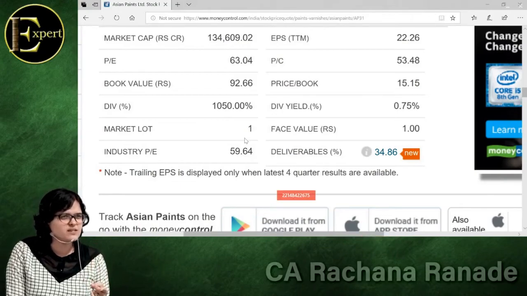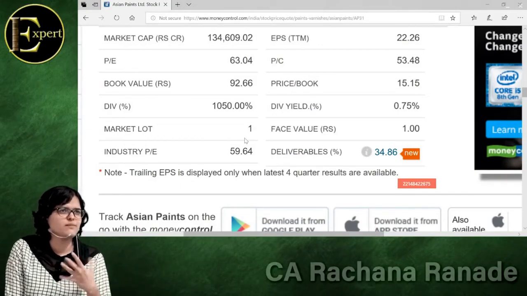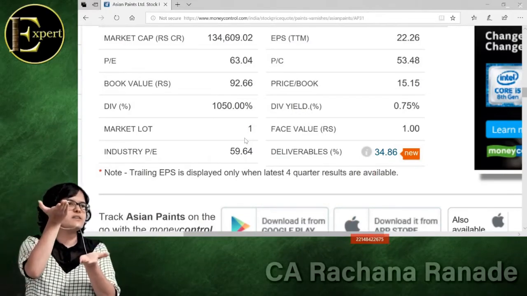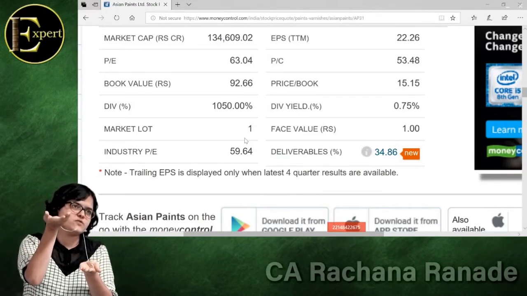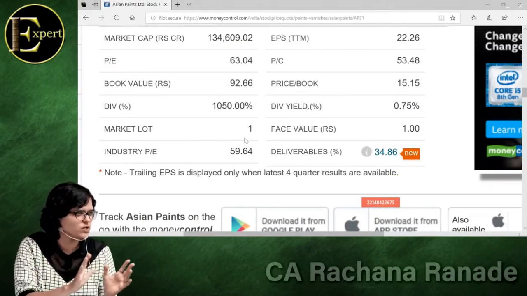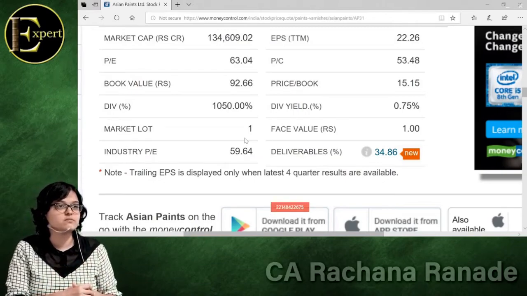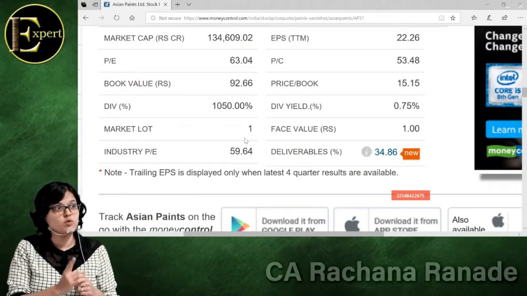No need to write vice versa, right? Vice versa means what? Tell me orally. If the company PE is higher than the industry PE, then it is ideally expensive. So ideally we should not buy. No need to write down. Exactly opposite position. But what could be a second interpretation of this?